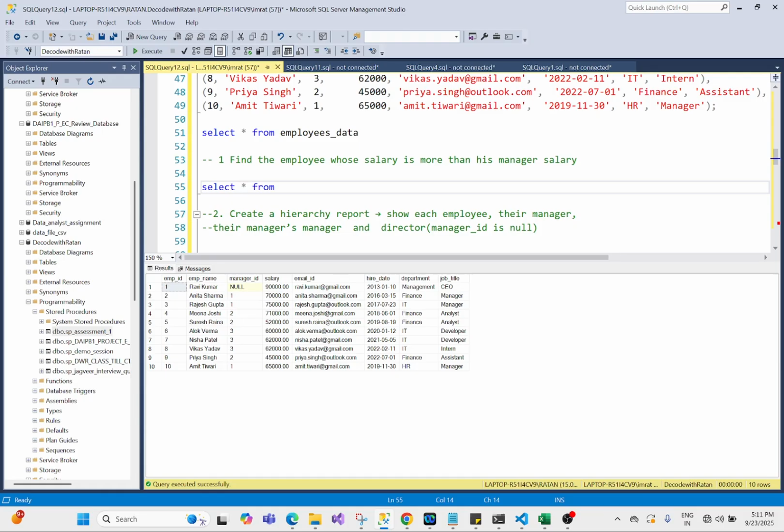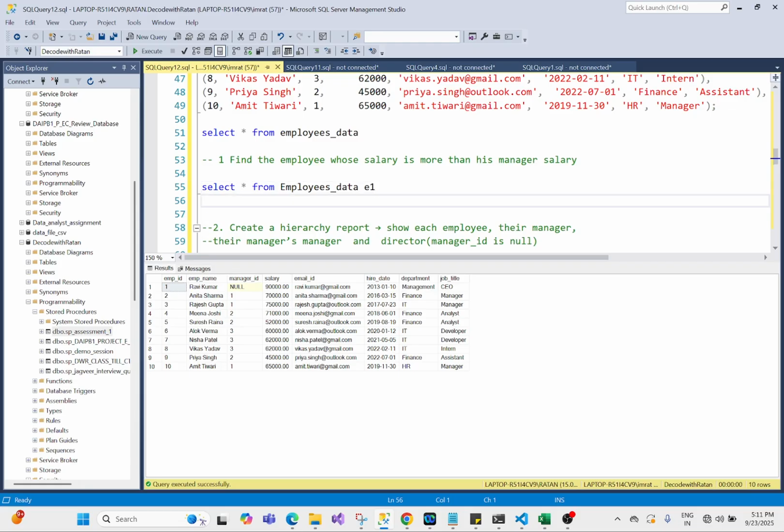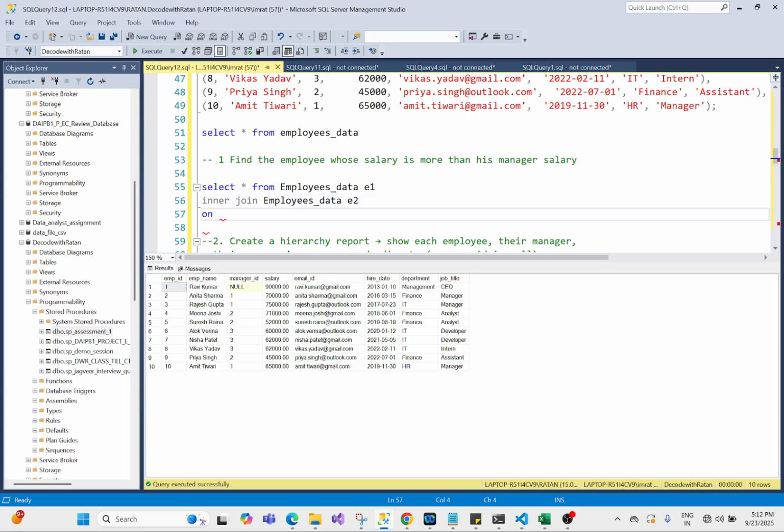So let's start from employees data. Let's say it is E1. Inner join employee data E2 on E1 dot manager ID equal to E2 dot